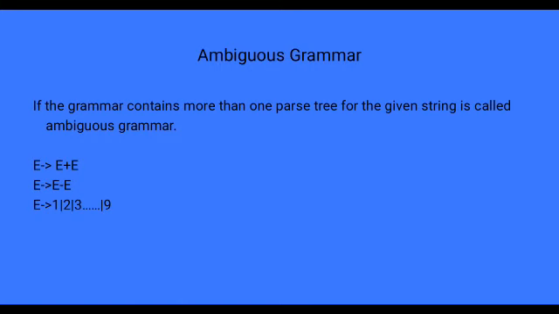Coming back to yesterday's class, once again I am repeating. For further proceeding I have to repeat once again, orally, not in depth. First of all, you know what a compiler is. A compiler is software which converts a program written in high level language to low level language. And next one is the language processing system.